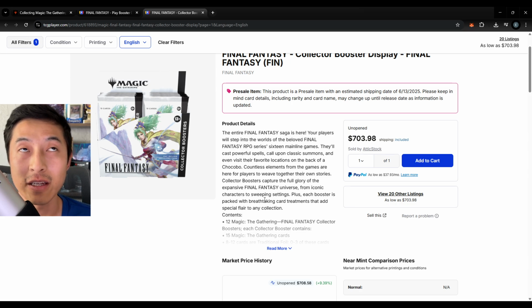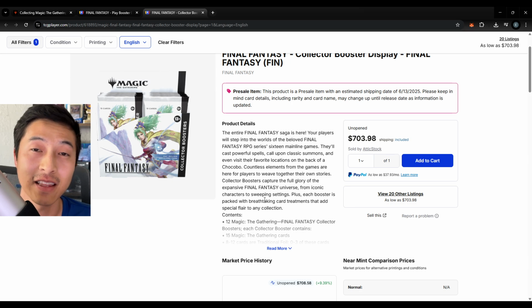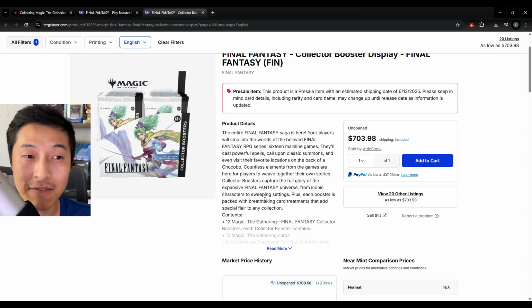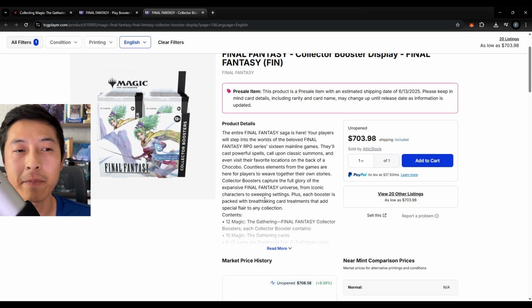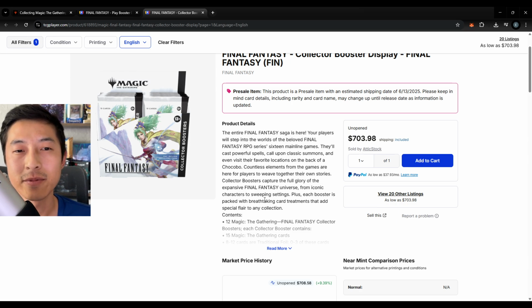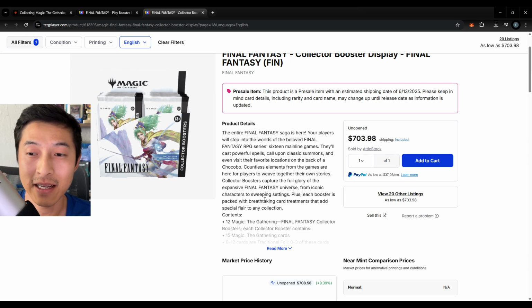And yeah, I'm really interested to see the price of the serialized chocobo. I think it's going to be in the tens of thousands. The One Ring, which is one of 100, is currently sitting at around 50,000. This one is even fewer because there's only 77 of them. I'm not sure what's more popular, Lord of the Rings or Final Fantasy. I think it's Lord of the Rings, but I don't know what's more popular in terms of Magic the Gathering or trading cards. So I don't know if it's going to surpass the 50,000 mark,